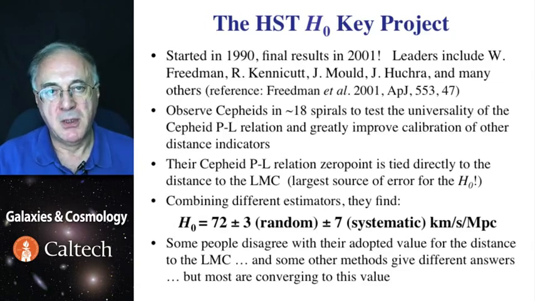It's 72 plus or minus 3 in just random errors, but also plus or minus 7 kilometers per second per megaparsec as potential systematic errors. And that's an honest result. In fact, this is still perfectly consistent with all of the more modern measurements. Note, however, that there is still dependence on the assumed distance to the Magellanic Clouds, and that is something that